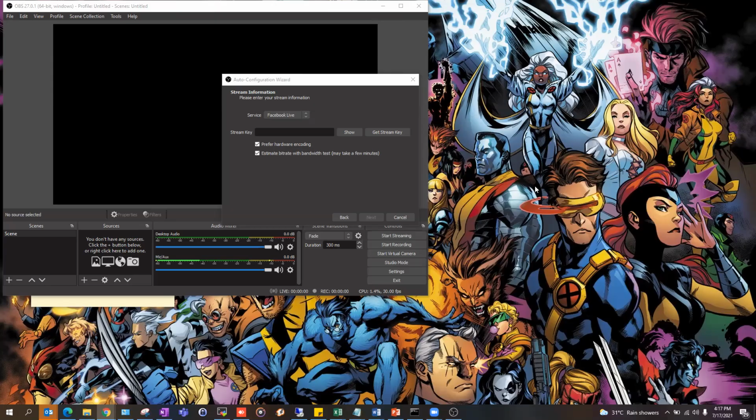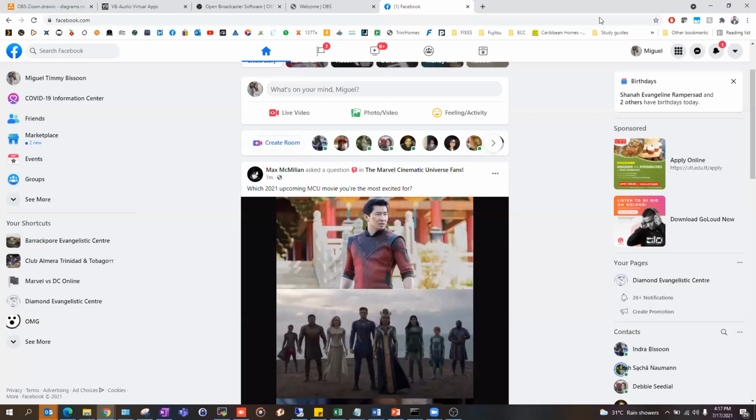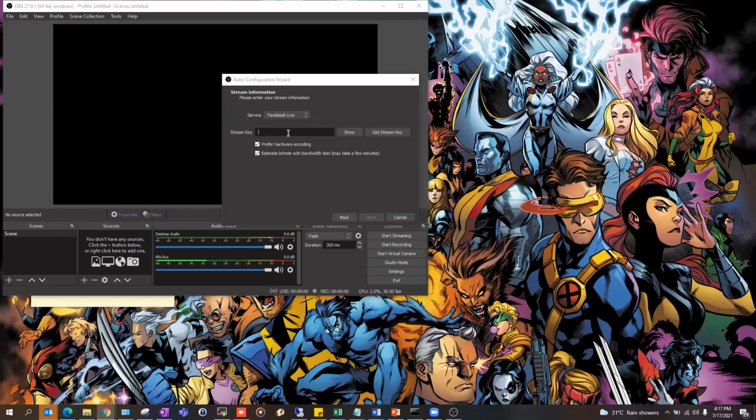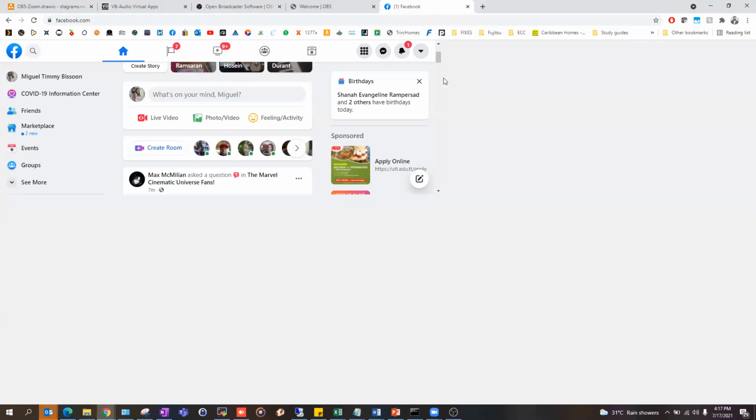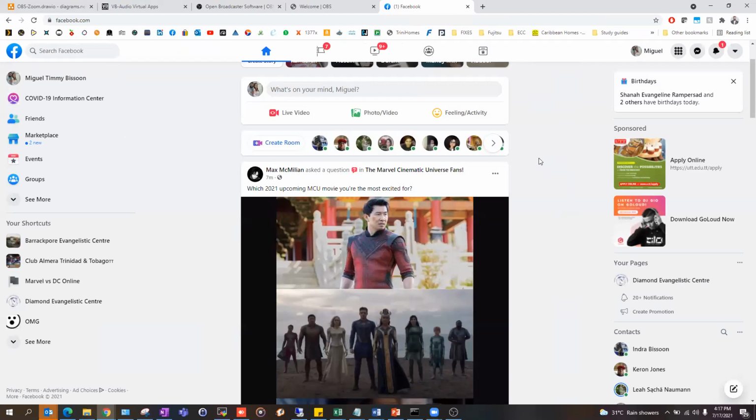So a stream key. You see they're asking you here for a stream key, right? That's basically how the program is going to connect to Facebook, via a key. And here they're asking you for the key, so you have to go to Facebook to get the key. That's why I'm bringing you to my Facebook page here. And you would see live video on the status. So if you click live video,